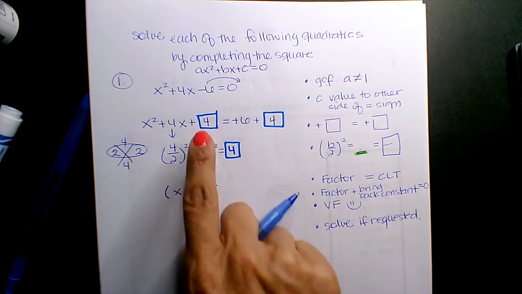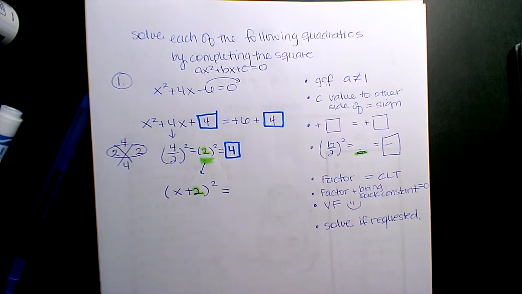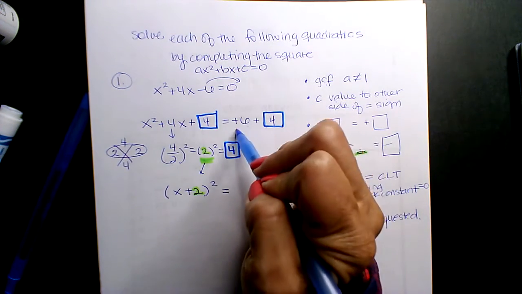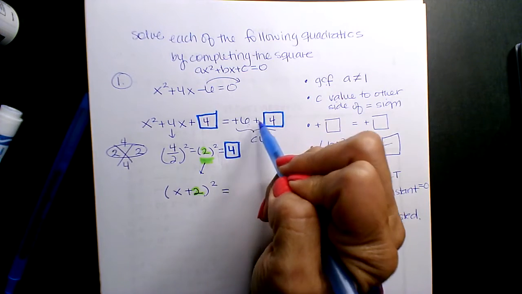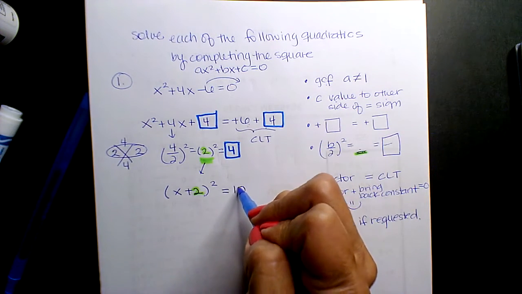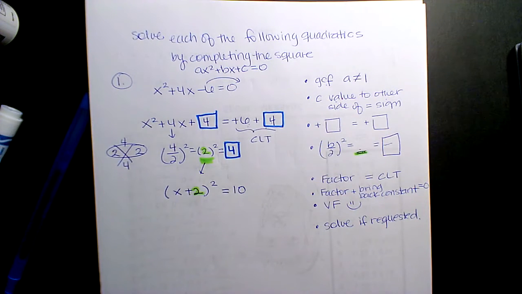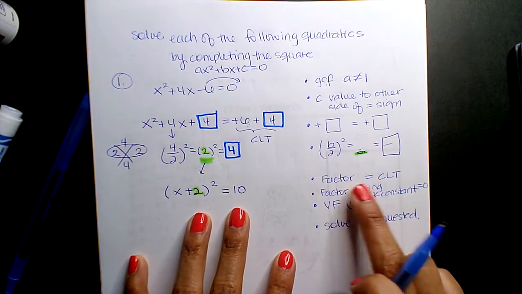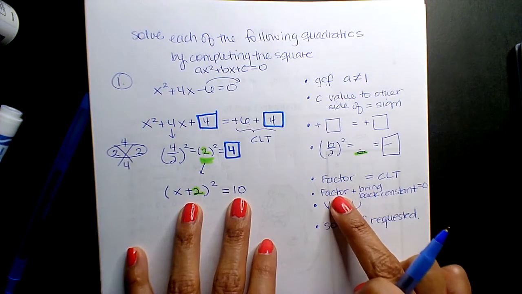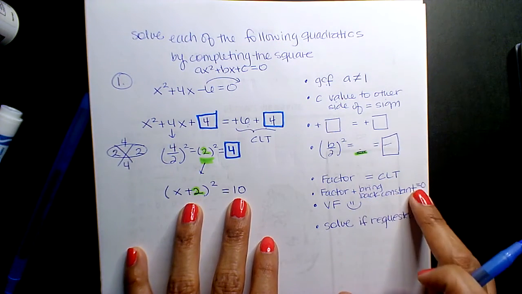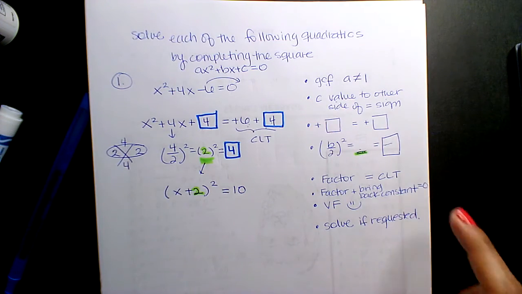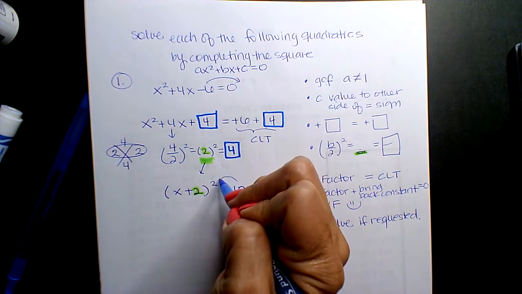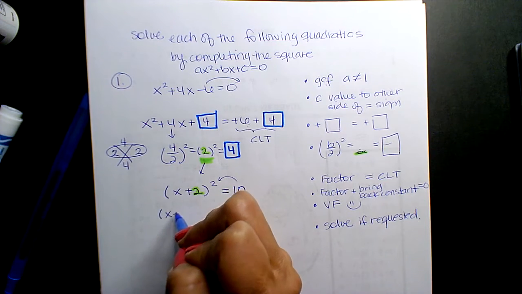Okay, so I factored that side, and what is 6 plus 4? Combine like terms. 6 plus 4 is 10. Okay, so now look. It says factor, combine like terms, check. Factor, plus bring back the constant and set the equation back to 0. If I bring this back, the constant,